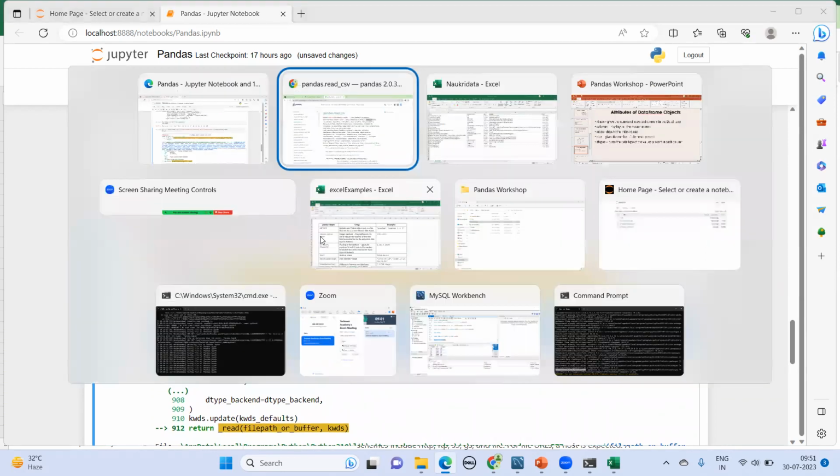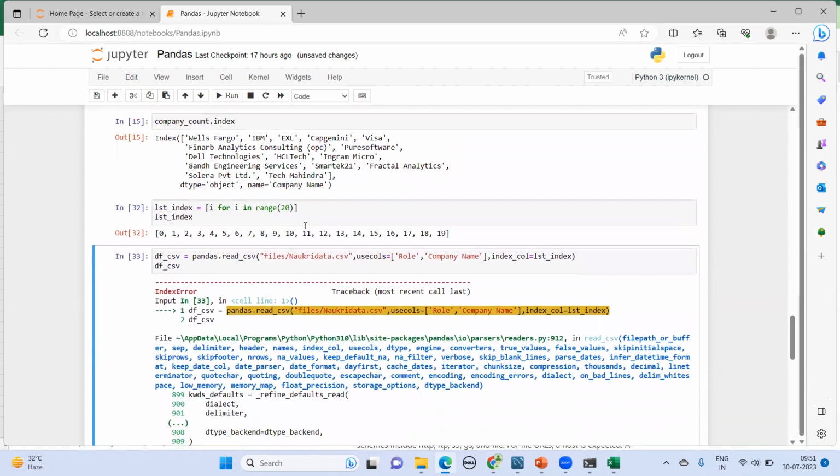There are 20 rows here, so there should not be the problem, right? Because